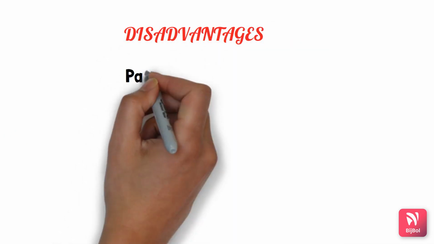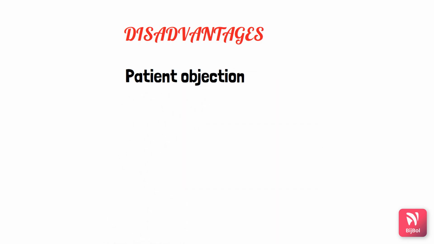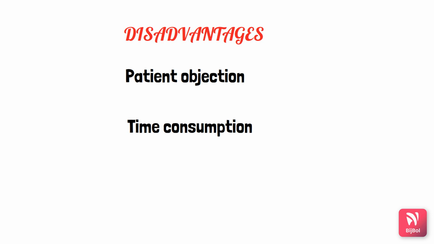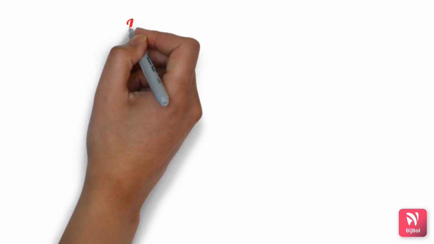Now we'll see the disadvantages. The patient objection is due to psychological reasons. That's the reason they may object to the use of rubber dam, and the time consumption. Rubber dam takes time to apply and remove, but this can be reduced to 3 to 5 minutes with